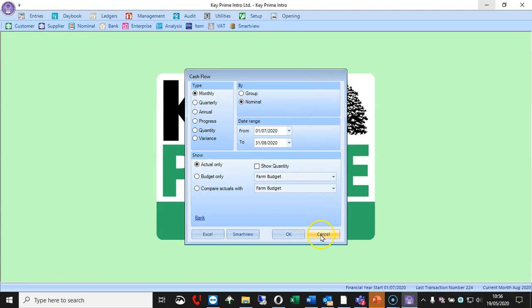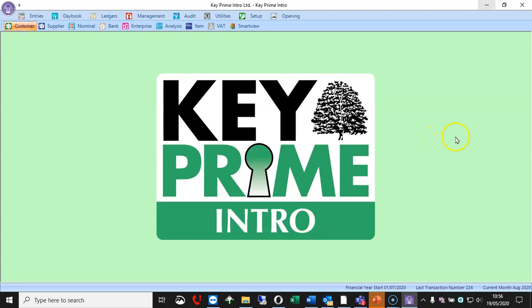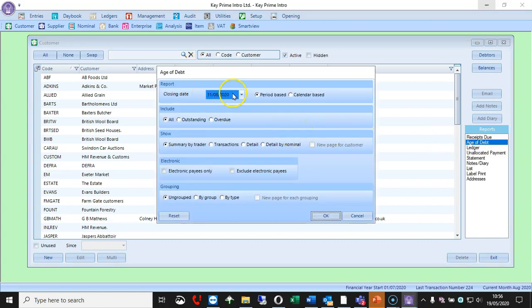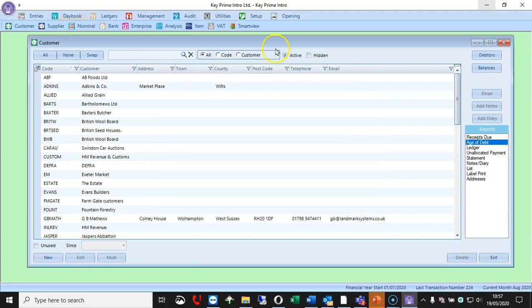People will normally change it about halfway through the month, because if we're sat here and we're posting all of April stuff, we will want to go to whichever report it is and run that, and it will want to be up to the end of April. Once we've finished April, we then move it on to May, so the next time we come onto the system, the reports will default to that date. You can go and change that date.